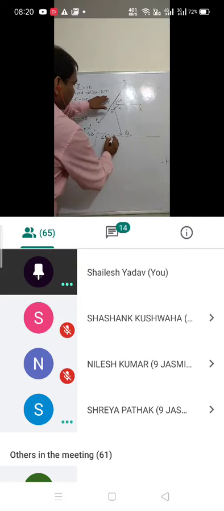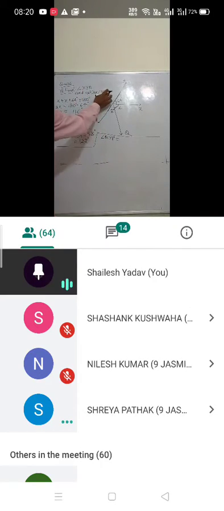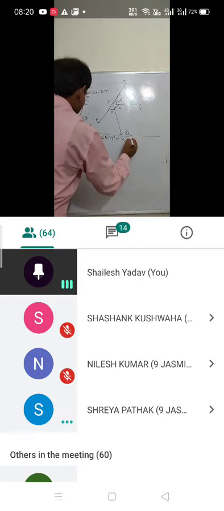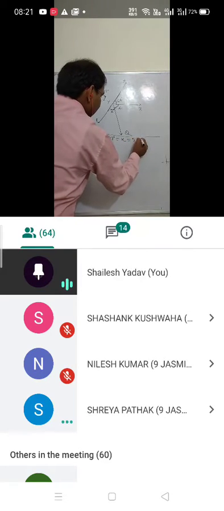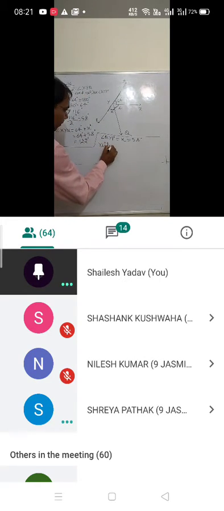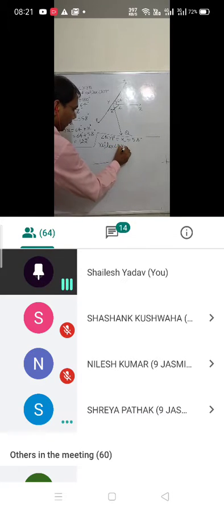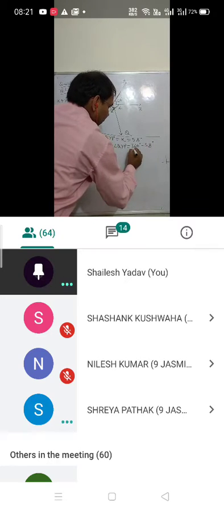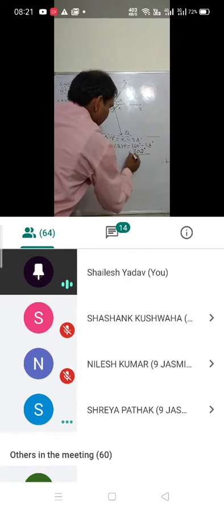Okay, very good. Now you need to find angle QYP. First I will find the angle QYP, then I will get the reflex of angle QYP. So in the diagram you will find angle QYP is equal to X, and you had found the value of X is 58 degrees. But in the question you are not supposed to find angle QYP, you need to find the reflex of angle QYP. So the reflex of angle QYP is equal to 360 degrees minus 58 degrees, and if you subtract, that will be 302 degrees.